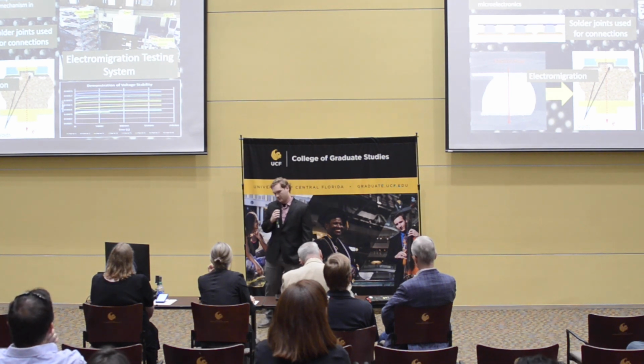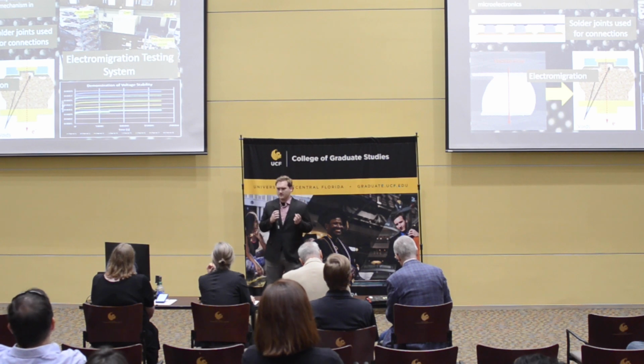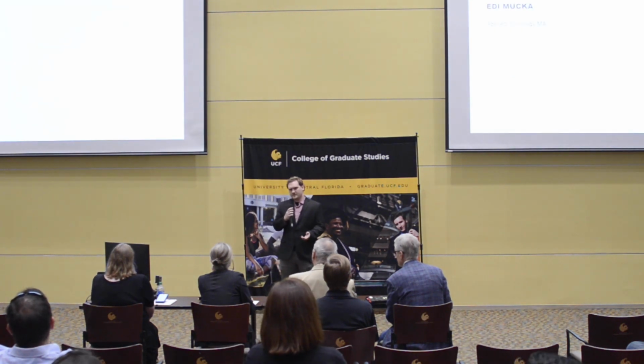One major area of concern for the reliability of electronics is solder joints. Solder joints are small metal balls that are used as a connection material between two metal components on a device. And with increased demands for performance and power, these solder joints are at greater risk for failure due to electromigration damage. Now, looking back at the analogy to the river,